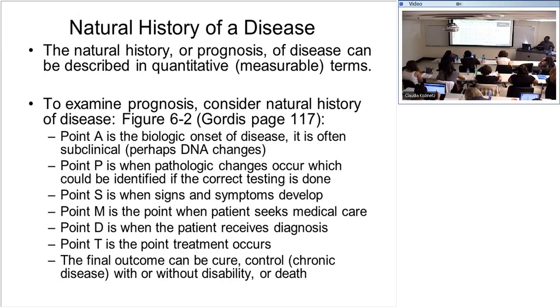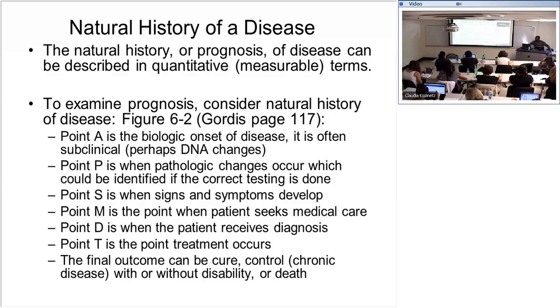To measure the natural history of disease, it is important for us to know certain stages that are involved. And the first one is what we call point A. Point A is the onset of the disease. So when the pathogen enters your body and then something is initiated, there will be some kind of cellular changes which we may not be able to measure or detect, or we do not have that kind of technology to detect. So even in chronic diseases like hypertension or diabetes, it takes several years. So there could be some kind of changes in your blood vessels.